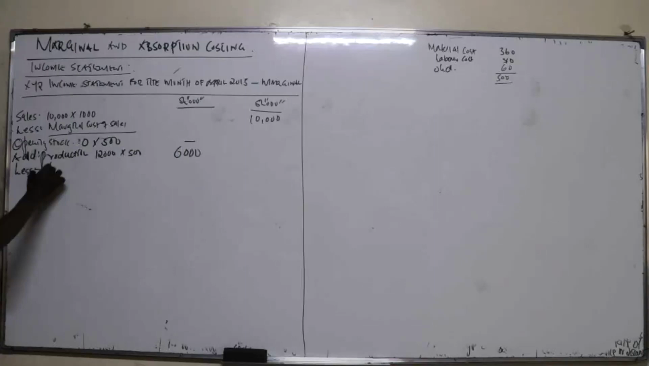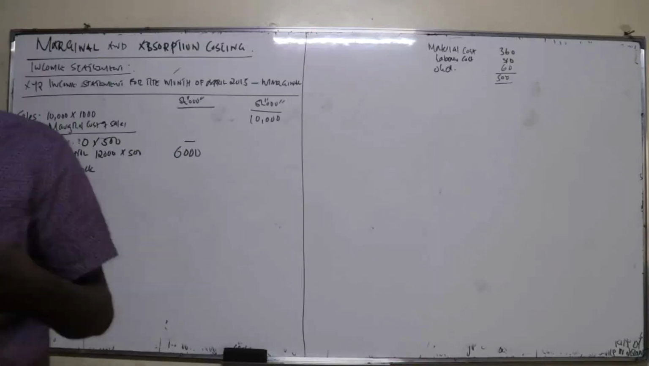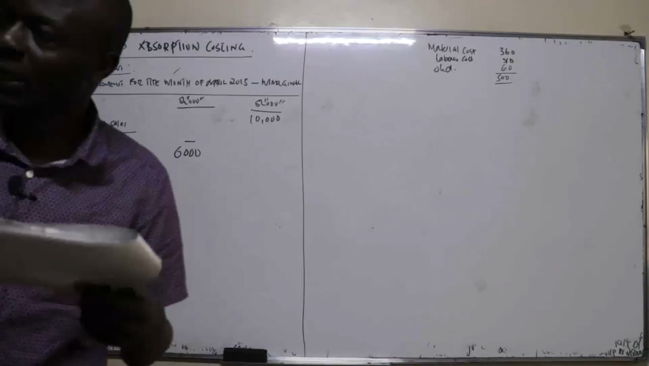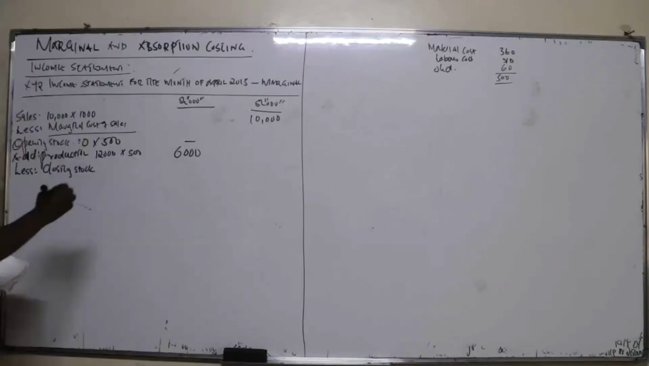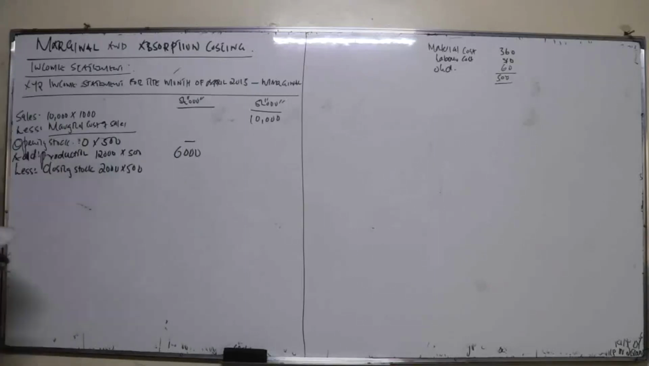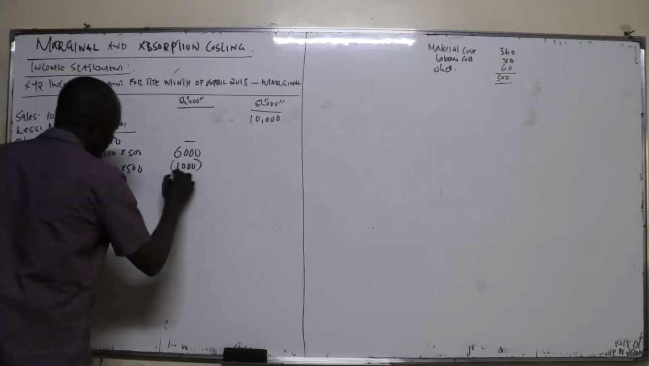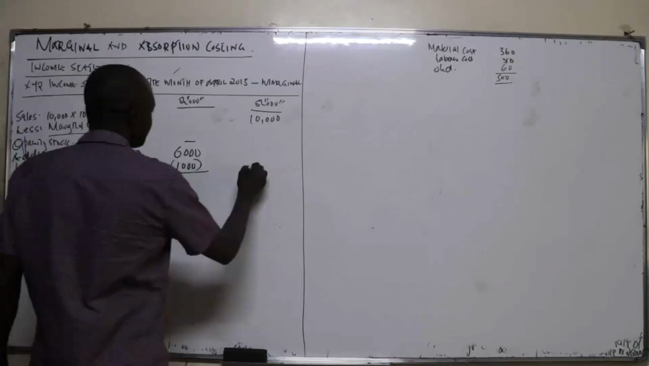So closing stock. They produced 12,000. They had no opening stock. And then they managed to sell 10,000. So they're retaining how many? 2,000. You multiply by 500. How much would that be? 1 million. So you less here 1,000. So this one is how much? 5,000. So here we call it